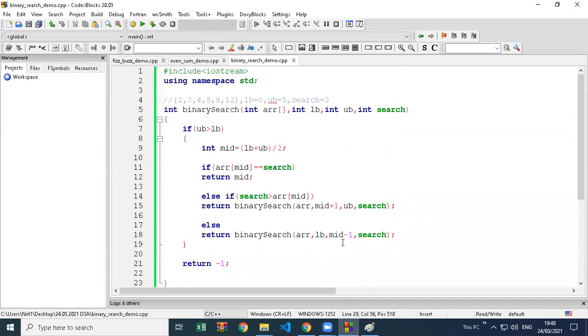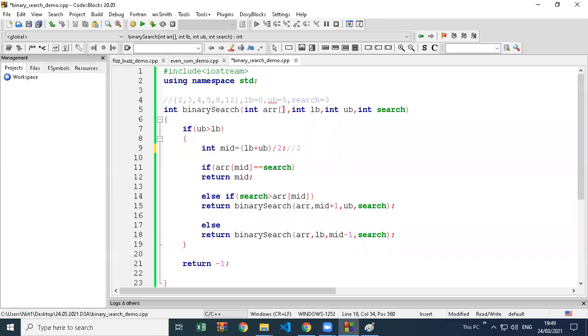When we pass 0 and 5, I'm searching for 3. So 0 plus 5 divided by 2. ARR of 2 is not the value we are searching for. So is it greater than? Search value is 3. Is it greater than 4? No. So we'll pass the array again. Lower bound is 0.